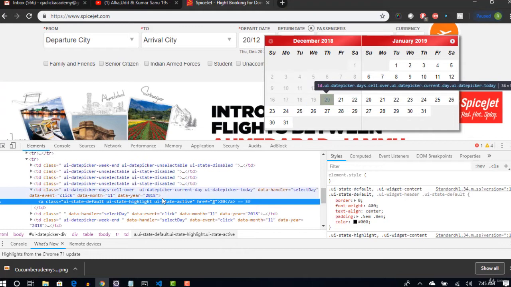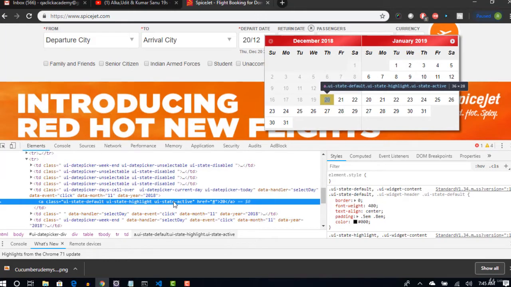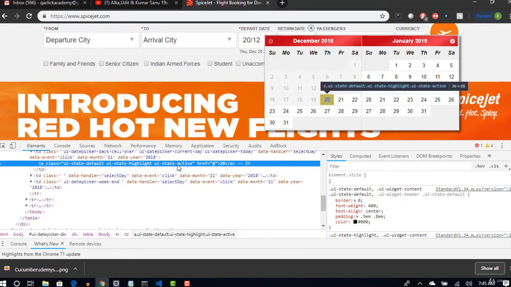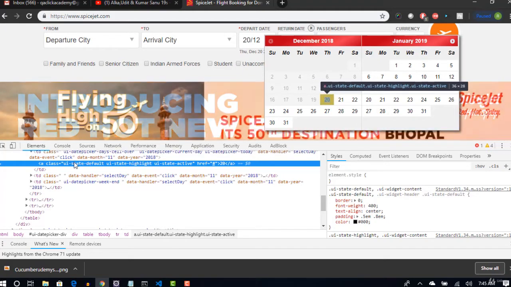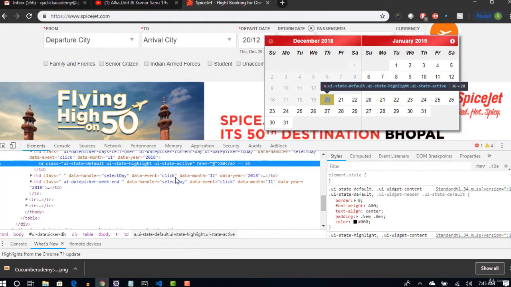Okay, but for the current date there is some class which is extra. You see that ui-state-active. Some extra class is given to this attribute for the current date 20, and let's see 21. This is 21. Okay, this is 22.